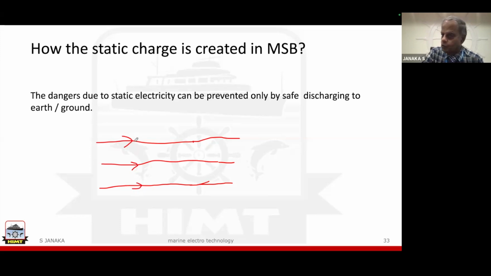As the flow of current produces magnetic fields, these bus bars will have a magnetic field surrounding them. Theoretically, we say that these three bus bars are 120 degrees apart, which we can't measure or see with a normal eye, but there are magnetic fields surrounding them. Because of this magnetic field, and because they are separated by 120 degrees, there is always an attraction and repulsion of the bus bars. This attraction and repulsion creates friction in the gap between the bus bars.